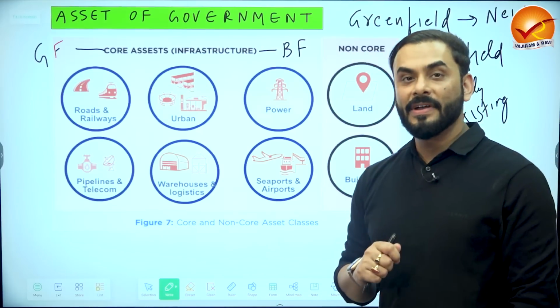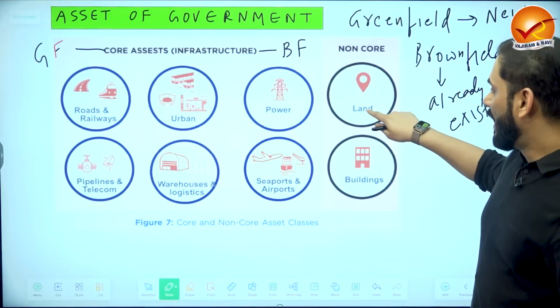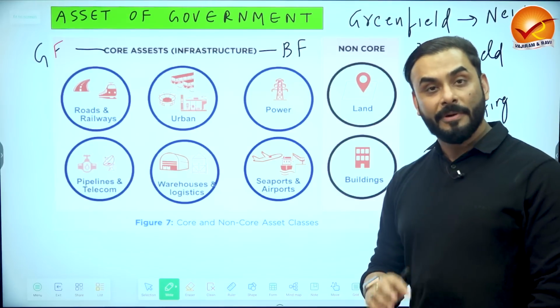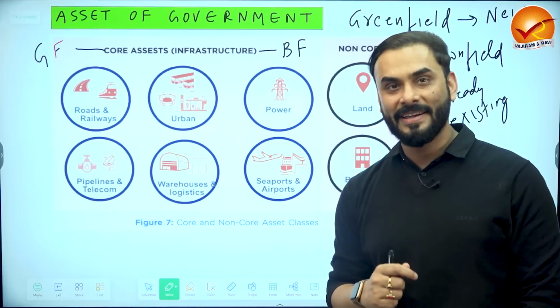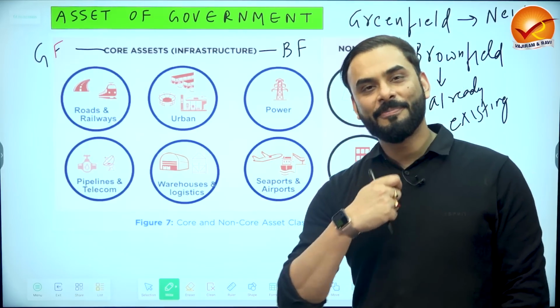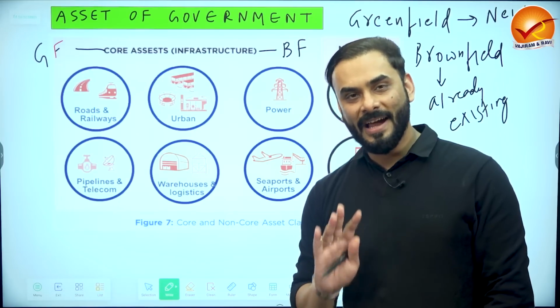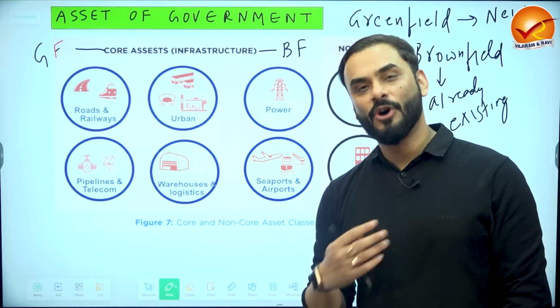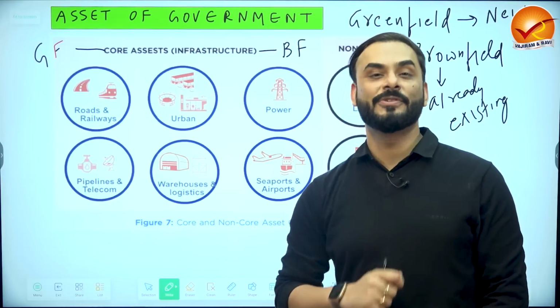There is another type of asset called non-core assets. What is the meaning of non-core asset? Look guys, so land and building of Government of India. For example, Parliament. The Government of India does not directly give Parliament to people and tell them that, hey, in the morning between 7 a.m. to 10 a.m., we will convert Parliament into a vegetable market. No, it doesn't happen. So the land and the building of Government of India is called non-core asset because it is not directly given for public consumption or public use.